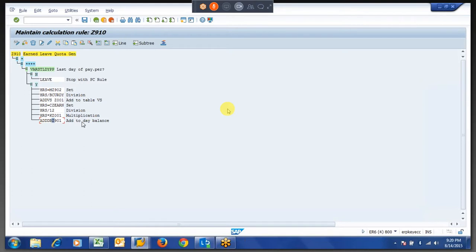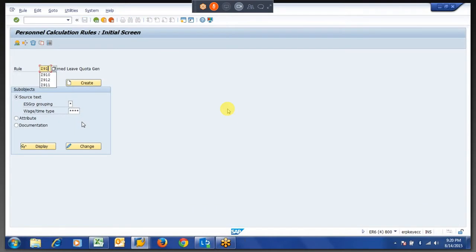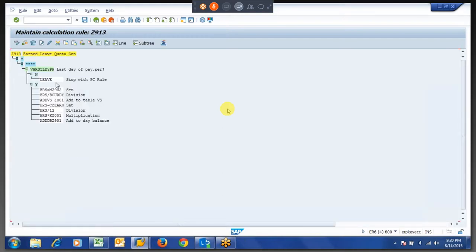Right? So in the second PCR, we should not generate the quota, because second PCR, when it will read before prohibition only, this will read. So we have to store this number somewhere, because we should calculate, but we should not generate. If you pass the value to this time type, definitely it will generate the quota. I showed the examples how quota was generated, right?